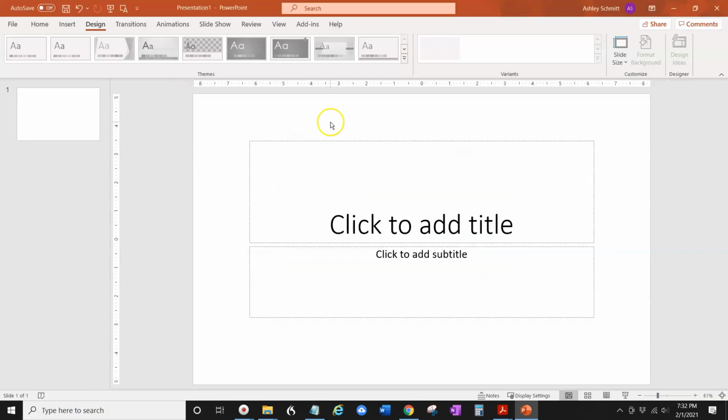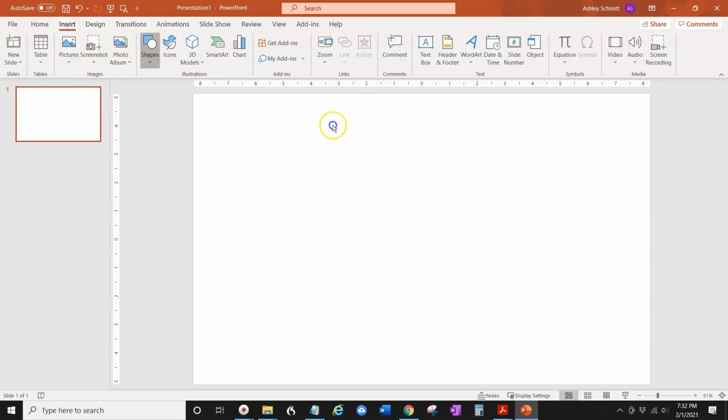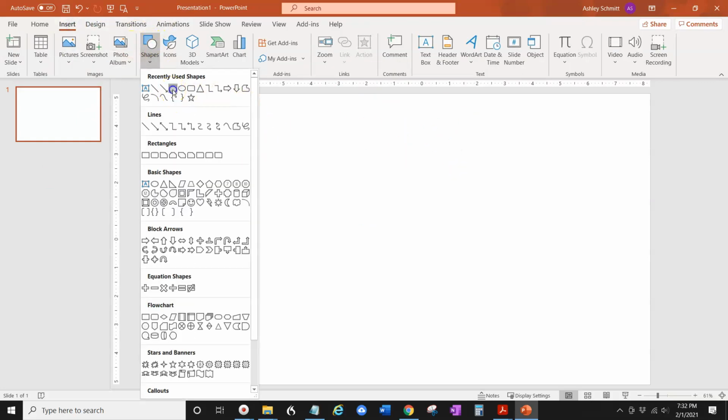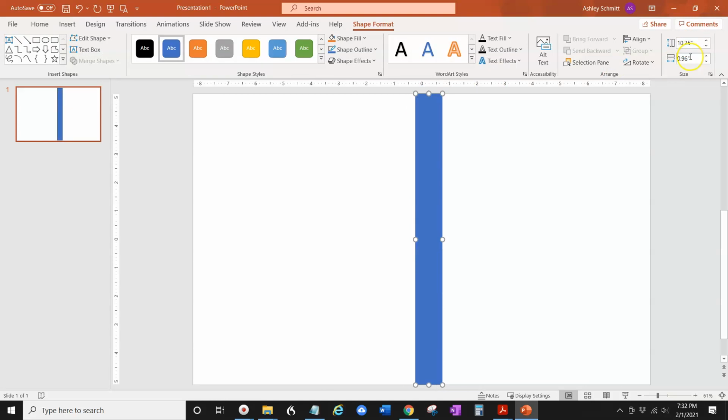It doesn't really matter at this point which one you click because there's nothing on there. I'm going to highlight that, and I'm just hitting the delete button to make a nice clean page. All right, so this is the cover template. Now, if you remember, it said the spine was 0.27. So what I'm going to do is I'm just going to start out, and I'm going to insert a shape, and I can create it the exact size I want right here. So it's 10.25, which was the height, and I'm going to do it